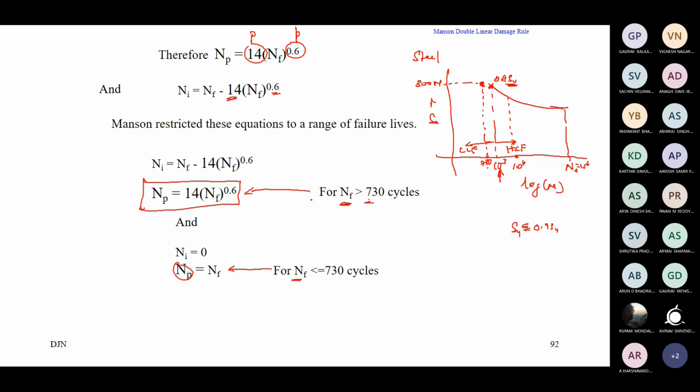This is based on the experiments of Manson for simple medium carbon steel, on which he conducted his work. Today you find n number of categories of steel, n number of engineering materials, and people are talking about composites, and these concepts may not be applied straightforwardly. The procedure remains the same. That is why we are dealing with all this theory, calculation, and design procedure. For another material also, you go and experimentally build up such a postulate. You find out the constants and then use the same parameters. That is the advantage of the existing theory, Manson's rule. But a lot of effort is required when we plan for some other material.